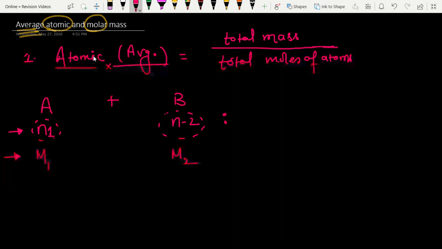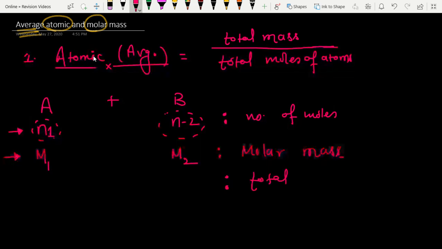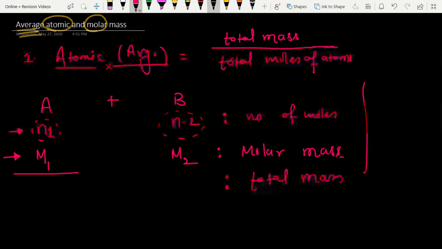In this row we have the number of moles that we have assumed, and in this row the molar mass. To calculate the total mass of both substances, first we calculate the mass of each substance and then add them together to get the total mass of the mixture. As you already know, moles is equal to given weight upon molar weight. So the given weight or mass will be equal to moles into molar weight. I'll write it down on the right-hand side so that you'll know.